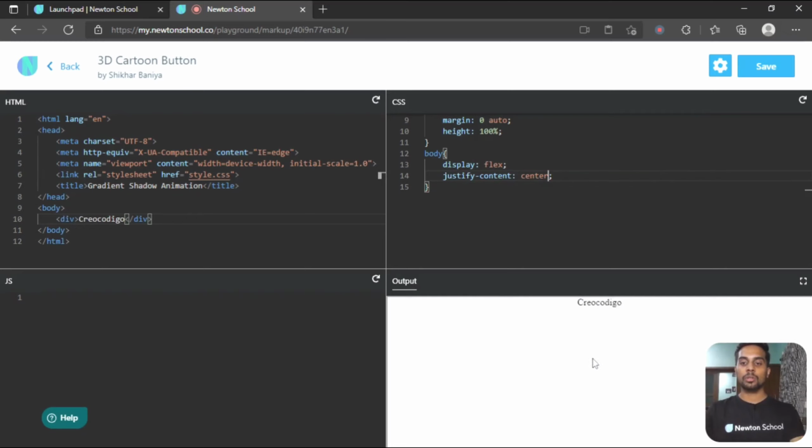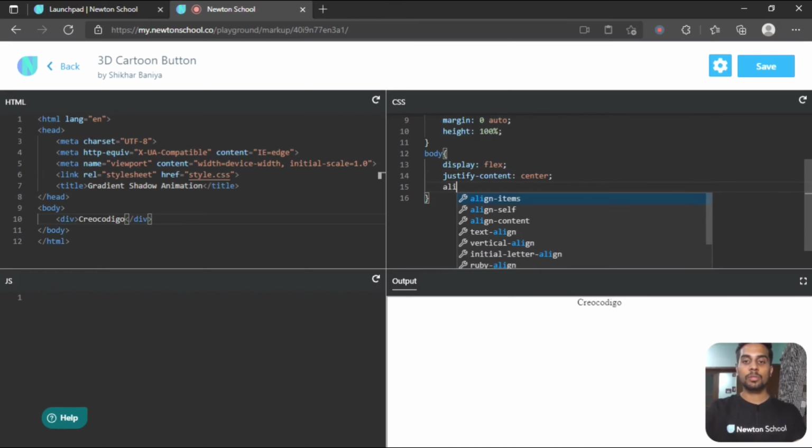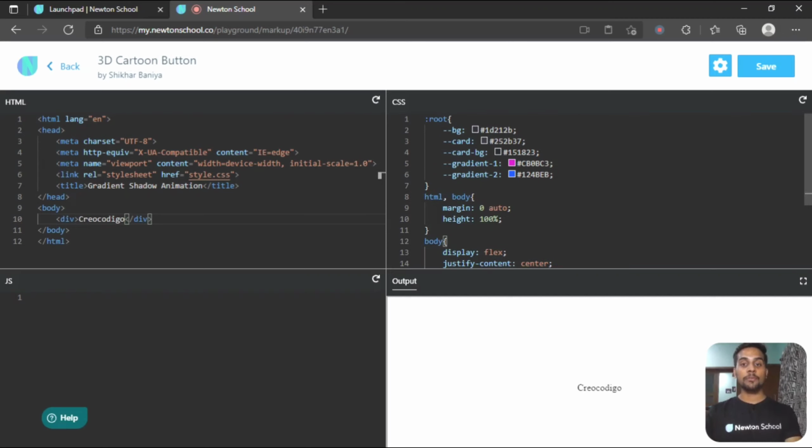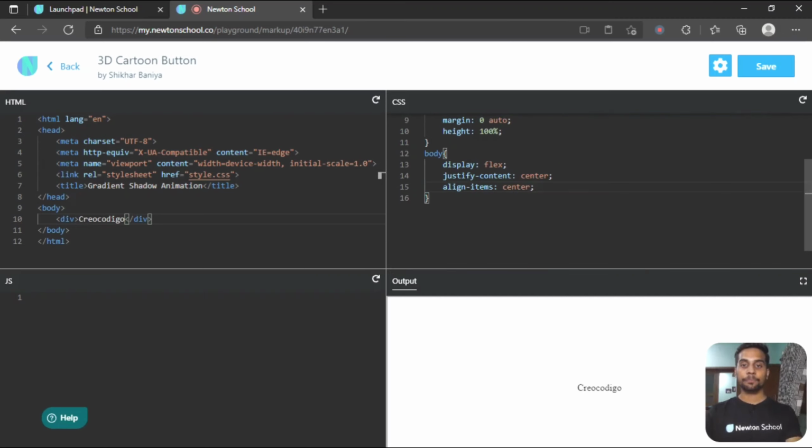Now I want to center it on the whole document, so I will use this align items property and make it center. So using just these 3 lines, you can center any div, you can center any element in your web page, provided you have to specify the height.